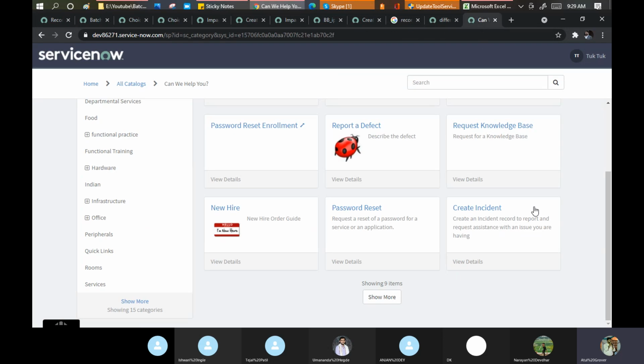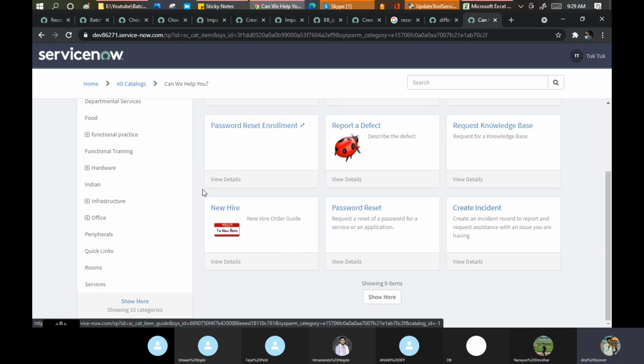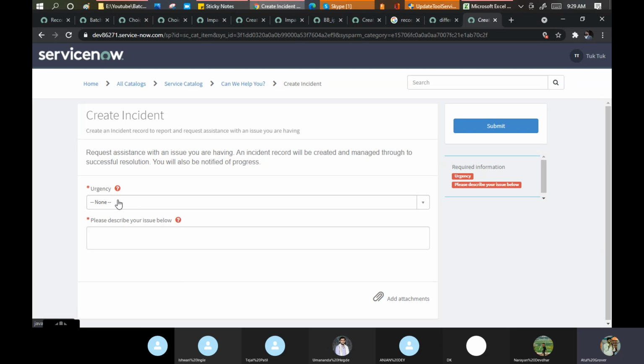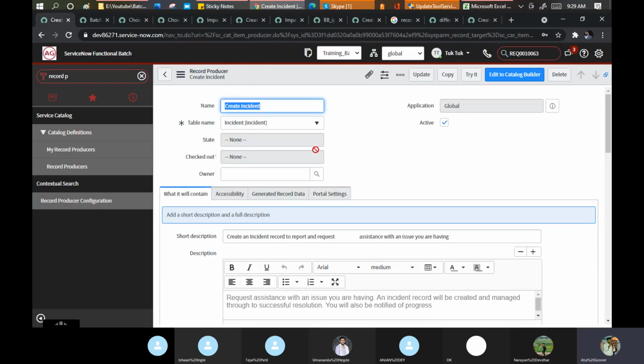Now you need to remember, if I am putting any information in this field, it should be mapped somewhere, right? Urgency should go to the urgency only. This thing should go to the short description or the description only. It means, again, remember, we are doing the mapping. First we'll do the table level mapping and then the field level mapping. Yesterday we saw this for setter and matcher, right? The same thing applies here now. It says, on which table you want to create. I want to create on the incident table.